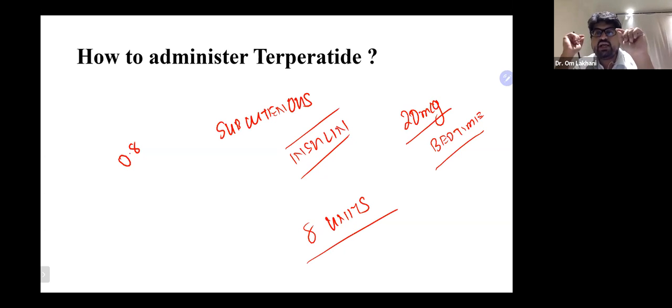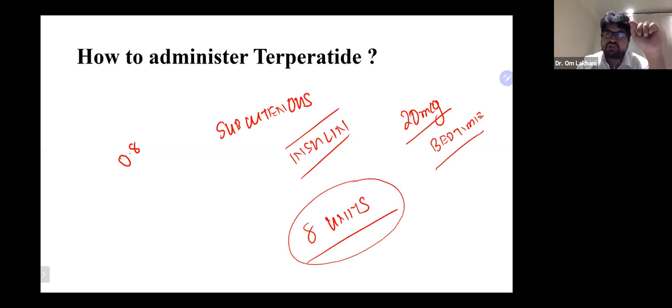So if you're using a typical pen, and I think 9 out of 10 companies use a typical insulin pen, you have to use 8 units. Please remember this. If you're writing the dose, it would be a good idea to write the dose as 8 units, bracket 20 microgram daily subcutaneously at bedtime, right? That is how I typically write the dose. If I'm prescribing Osteofract, this is how I typically prescribe it, so that there is no confusion.